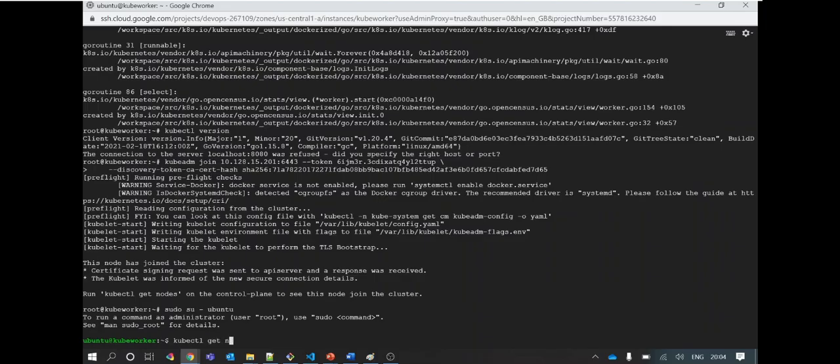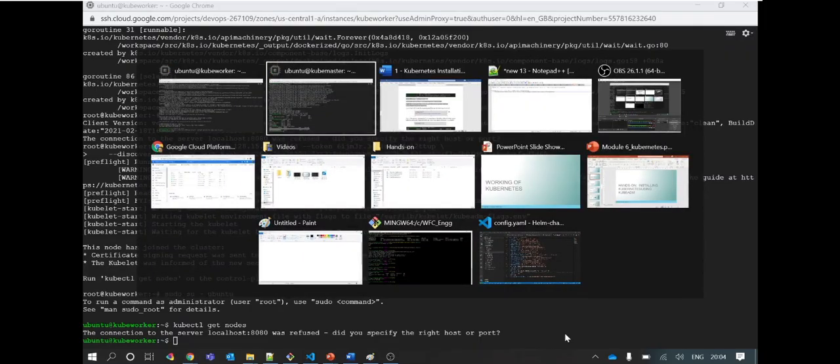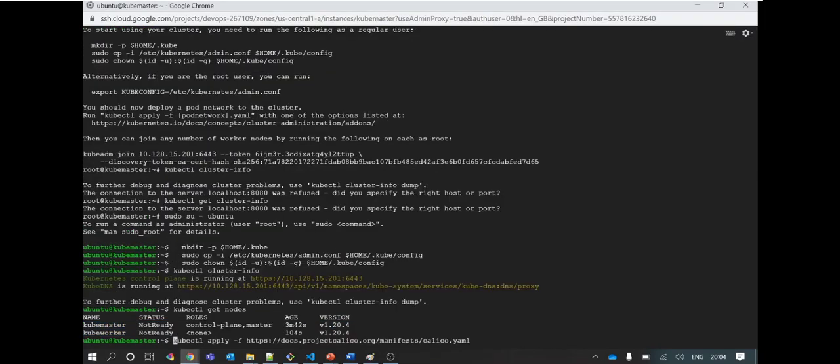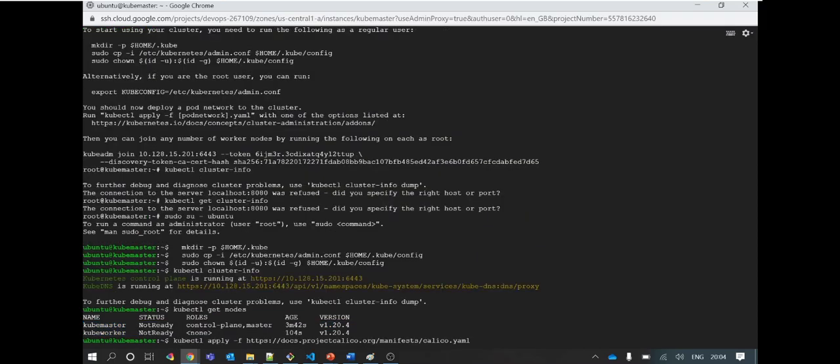If I run this command here, you will see the connection was refused because it is checking nodes on the local server. I have not defined kubeconfig here. I need to copy that file and run these steps, which will configure my cluster details on node 2, the slave node.